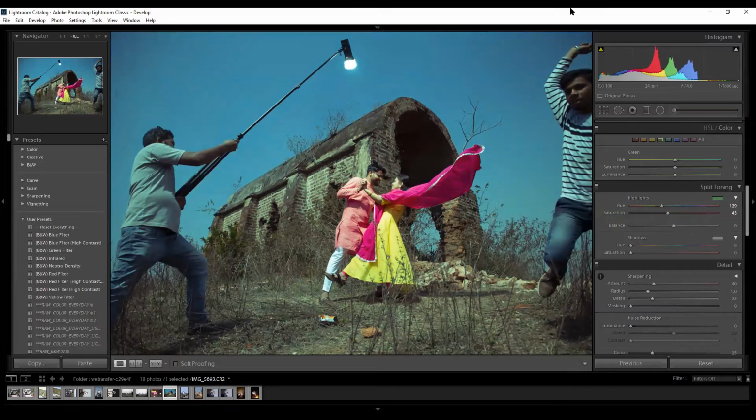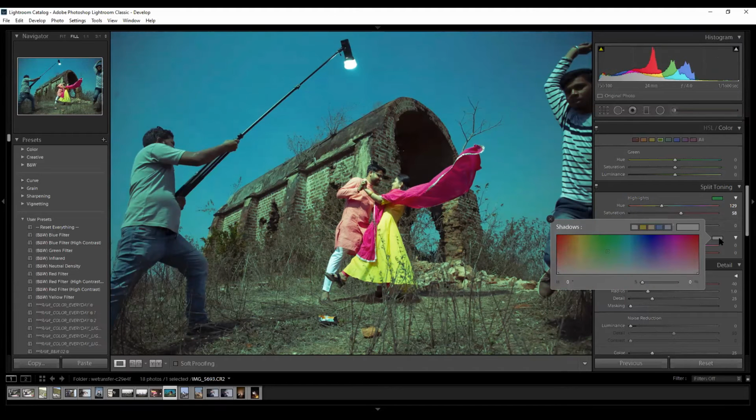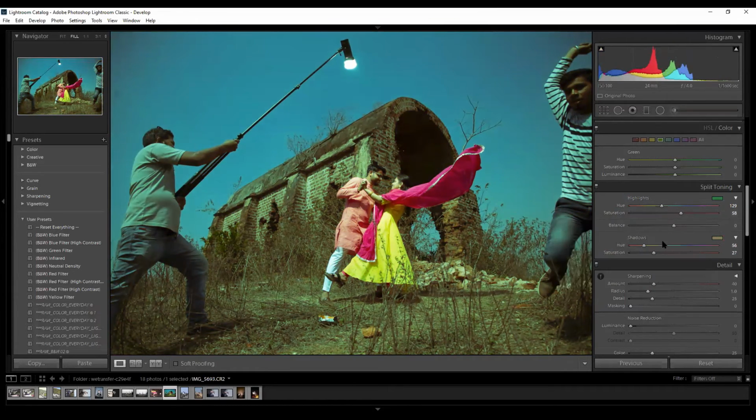Now if I increase the saturation, you will see the tinge of the greens increasing. The highlights will work more toward the brighter areas of the image, and the shadows will work more toward the darker areas of the image. Now here is to darken the tone or to totally whiten the tone.